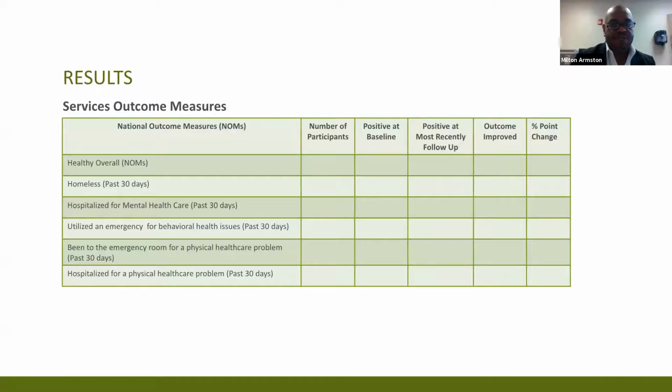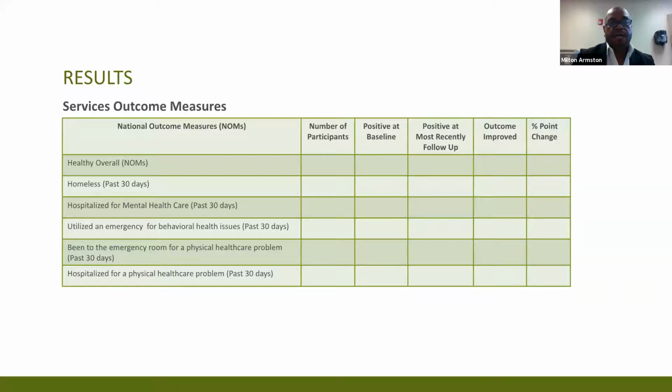Here are service outcome measures. Now you may say there are no numbers there. And the thing is that as an organization with SAMHSA, who our information is housed with, they have the three organizations that are a part of this grant lumped together. So we're working with the state of Indiana to figure out how to tease out our information from the other two organizations. That's why this graph is incomplete. We're still working with the state so that we're able to get numbers that will really show us how effective the services are that we're providing.